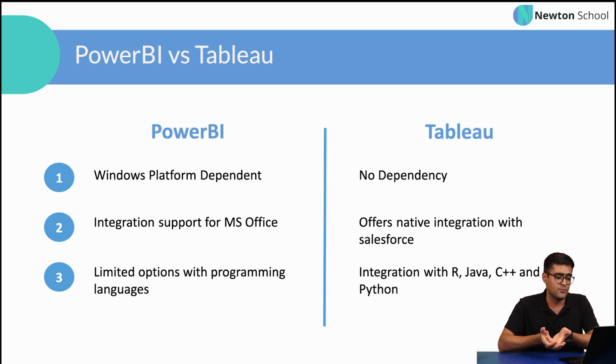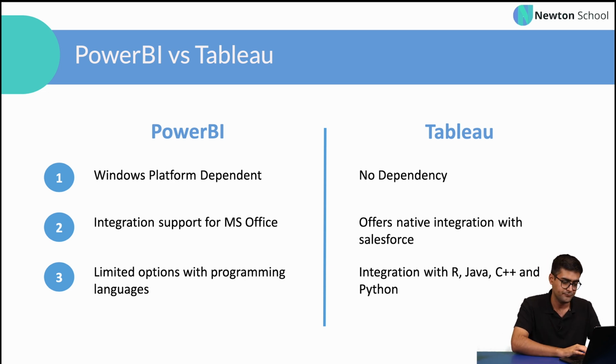Power BI has limited options with programming languages. Tableau has integration with R, Java, C++, and Python, and like we mentioned, R and Python are two data science giants, right? So having integration does matter in community building and forums where you can ask questions and reach out for help and support. So this is the difference between Power BI and Tableau. And now we'll jump into the tool and see how we can recognize the different panes: the data pane, the detailed pane, the show me pane, and of course, how to load data while we explain data blending and data